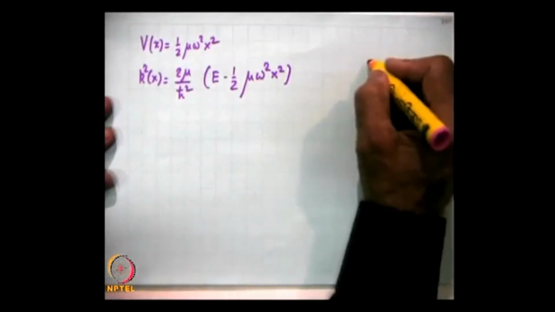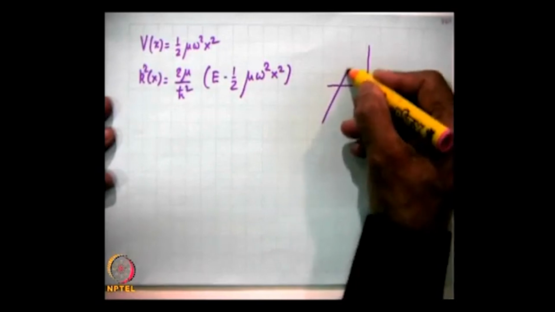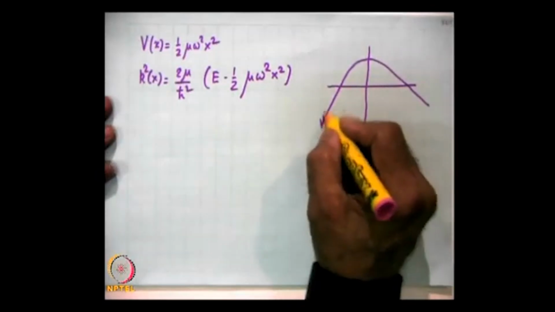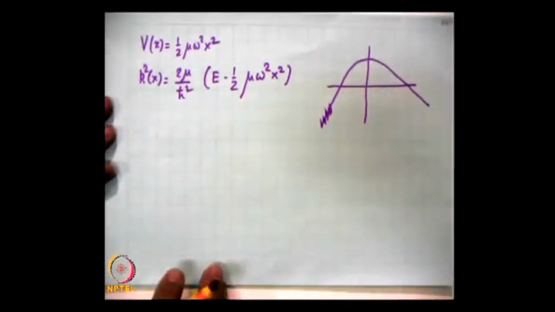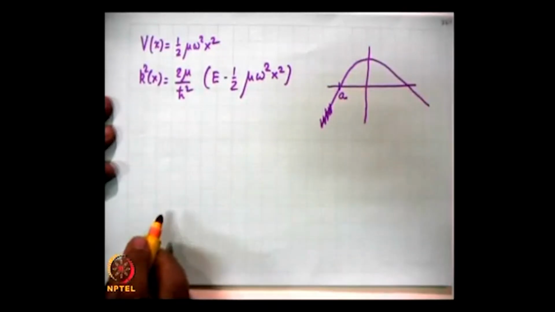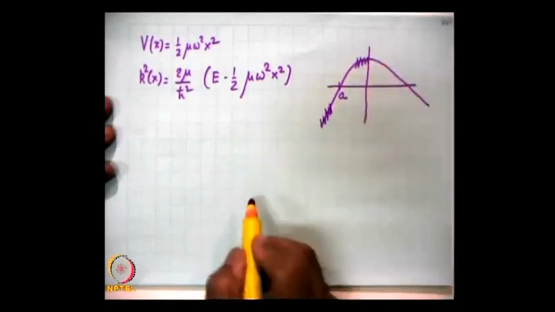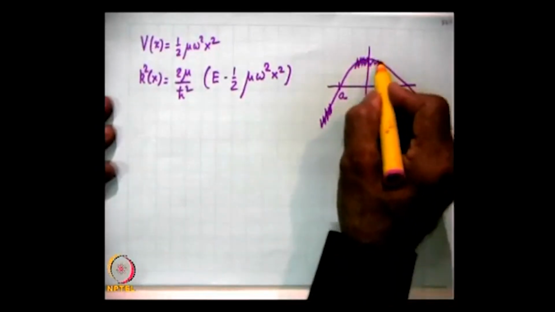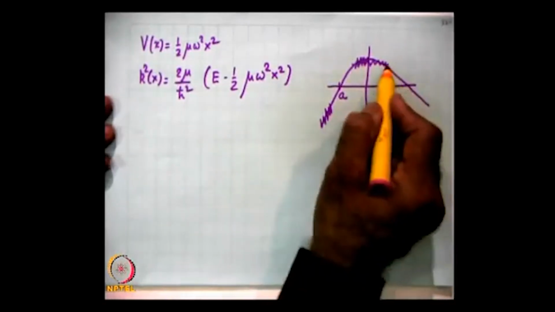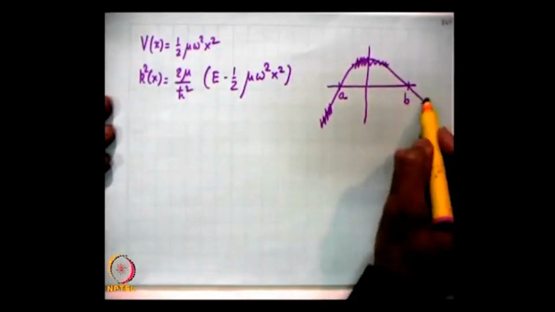So, as I discussed in my last lecture, you will have a variation of k square of x something like this. So, we start with an exponentially decaying solution here. We hop over this turning point, let us suppose this is x is equal to a, and go to this region. Then the JWKB solutions are really valid in the entire region from here to here, and then we use the connection formulae with respect to the turning point b and hop over to this region,